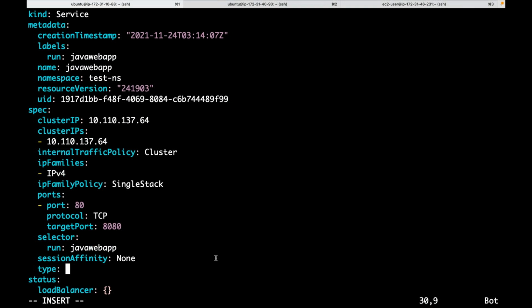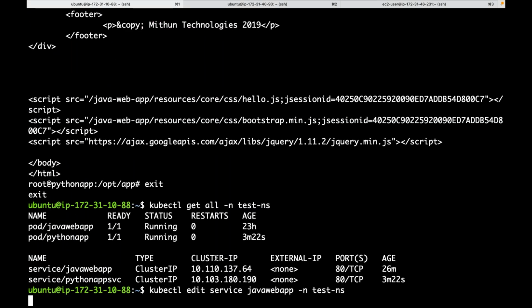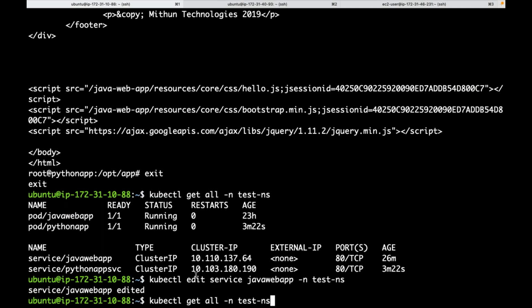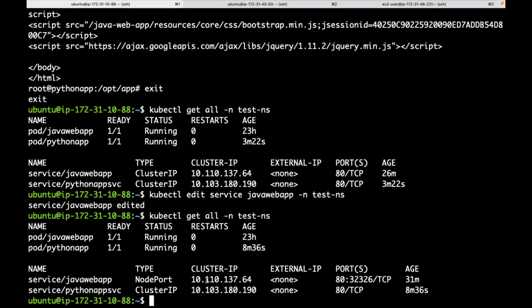Now I no need to create another service. I can change from cluster IP to node port. Now the moment I change cluster IP to node port, what type of service is this? Node port. Now within the cluster, still within the cluster, can this application access this application using this service